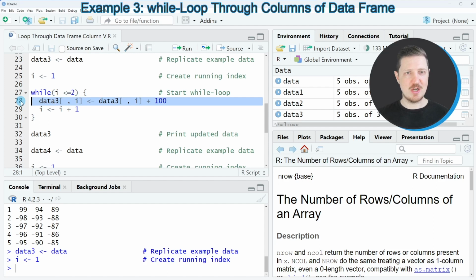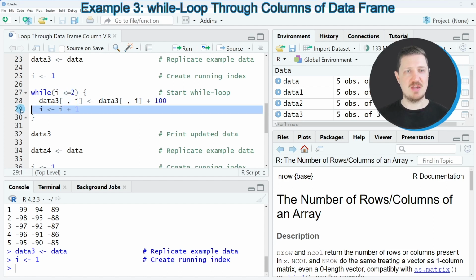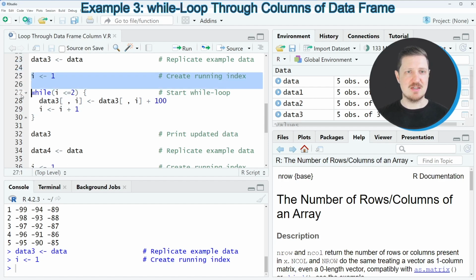And then within the while loop, I specify that I want to add the value 100 to our data frame columns as long as this condition is met. And to change this condition, I also specify at the end of the loop that the value i should be increased by 1. So after running these lines of code,